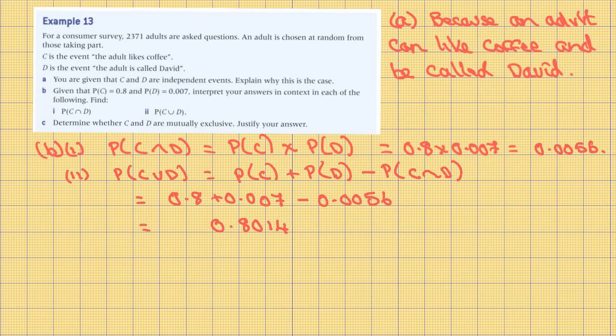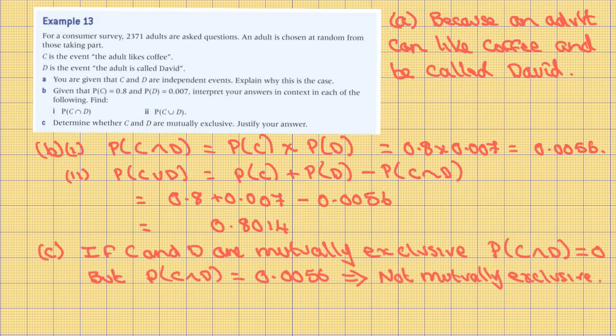0.0056. Because C and D are independent events, the probability of C union D is equal to the probability of C plus the probability of D minus the probability of C intersection D, which is equal to 0.8 plus 0.007 minus 0.0056, which equals